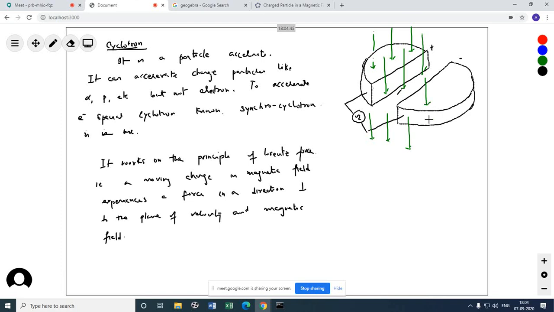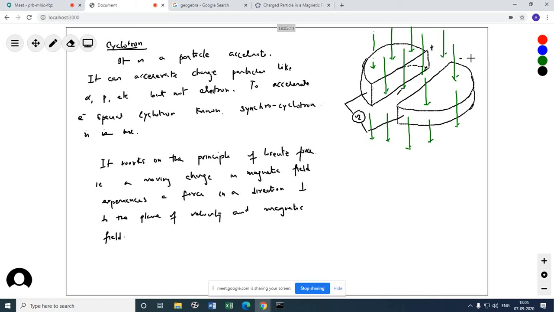So you can see these are magnetic fields like this. The container is hollow from inside, as we have said, and these two D-shaped containers are connected to